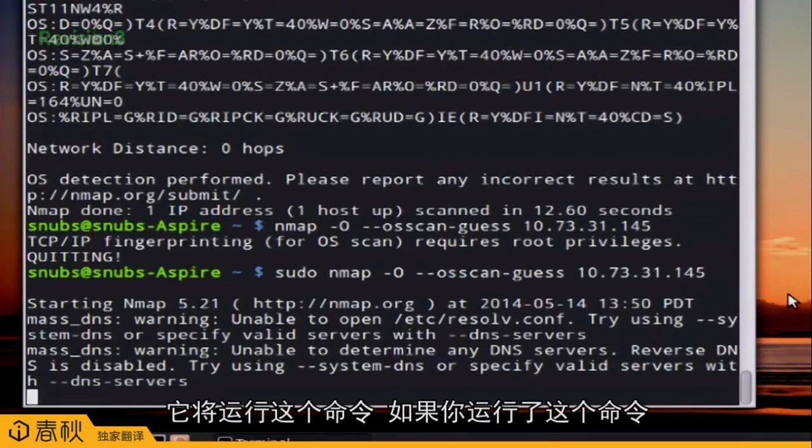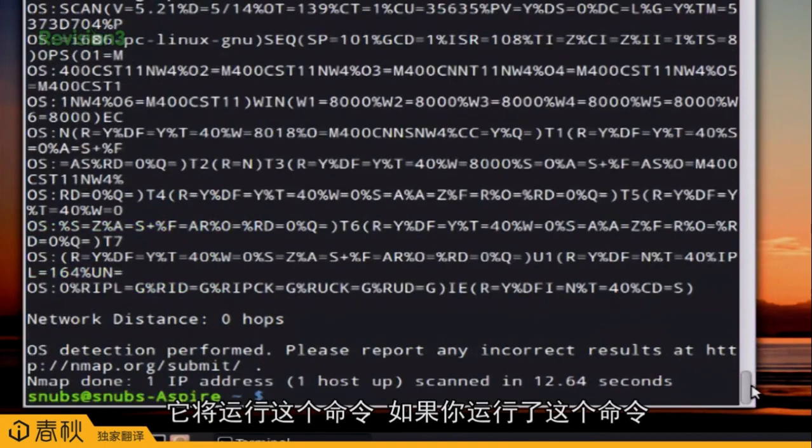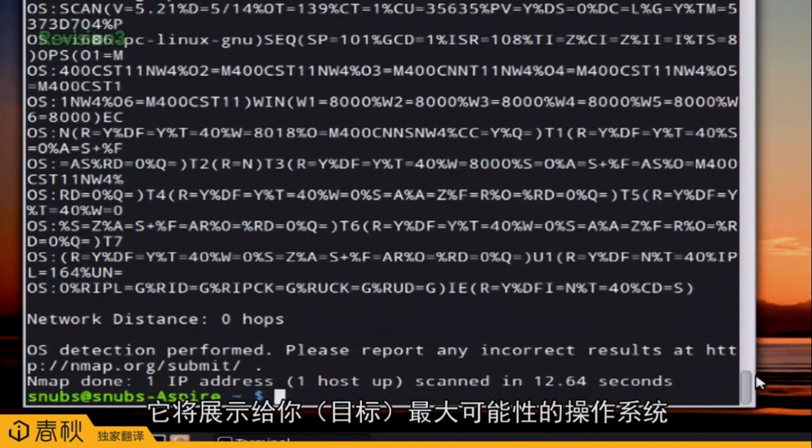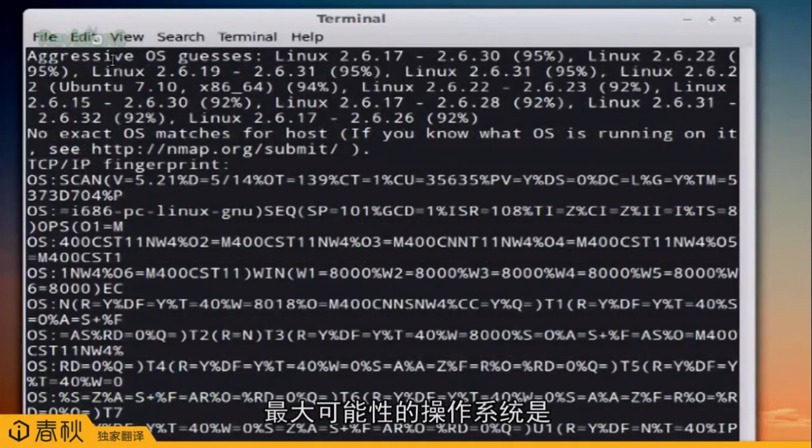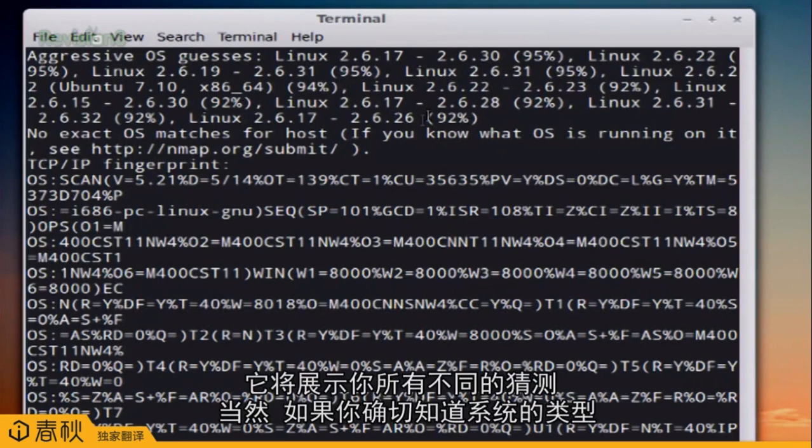It's going to run this command. When you run this command, it's going to show you its guesses up at the top. So up here it'll say aggressive operating system guesses. Most likely it's running Linux 2.6.17, 95%, and it'll go down with percentages